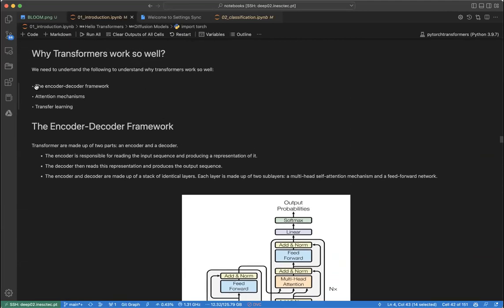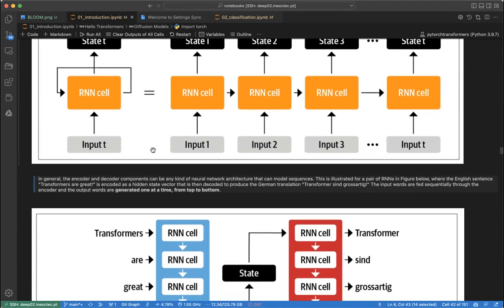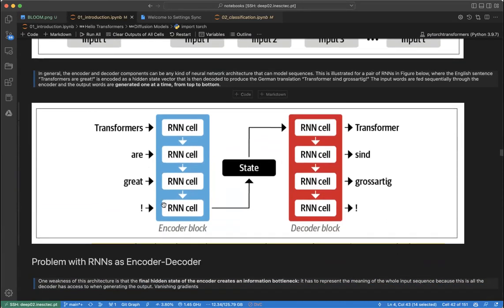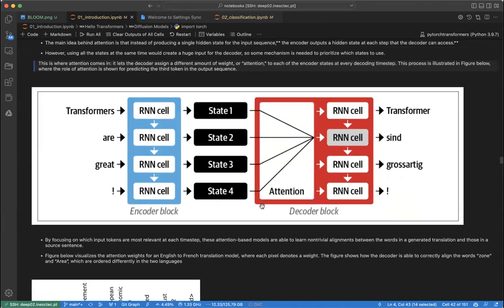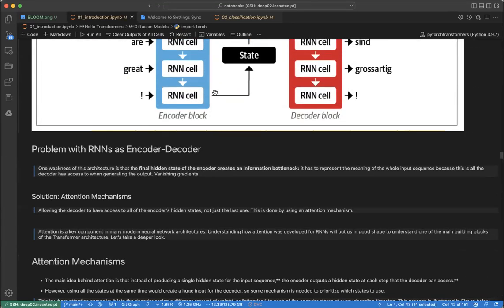We said one of the things is encoder decoder. We said this is encoder, this is decoder. And another thing is attention mechanisms. Now we started looking at attention encoder decoder in RNN. We saw that one of the ways to solve those forgetting issues in RNN is to introduce what is called